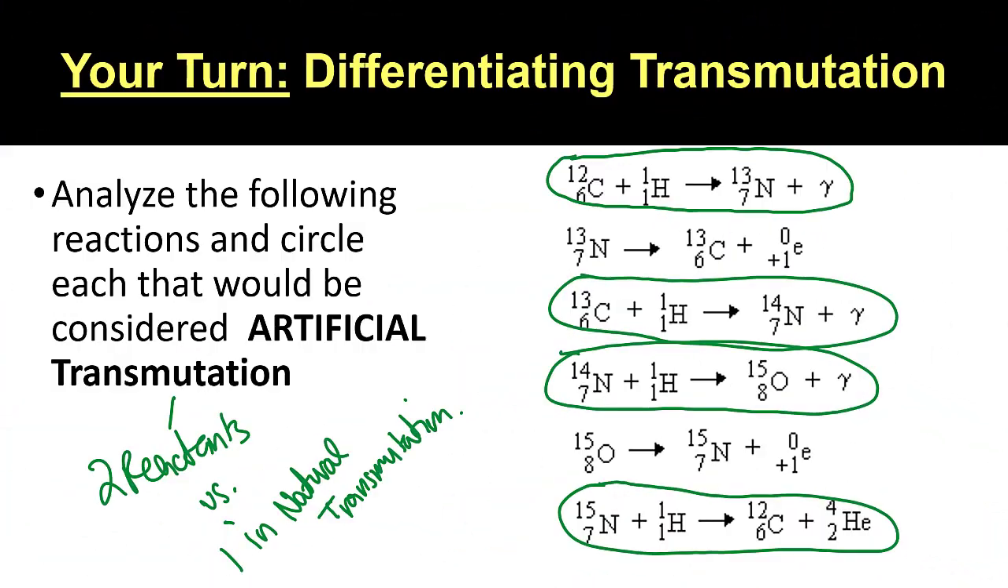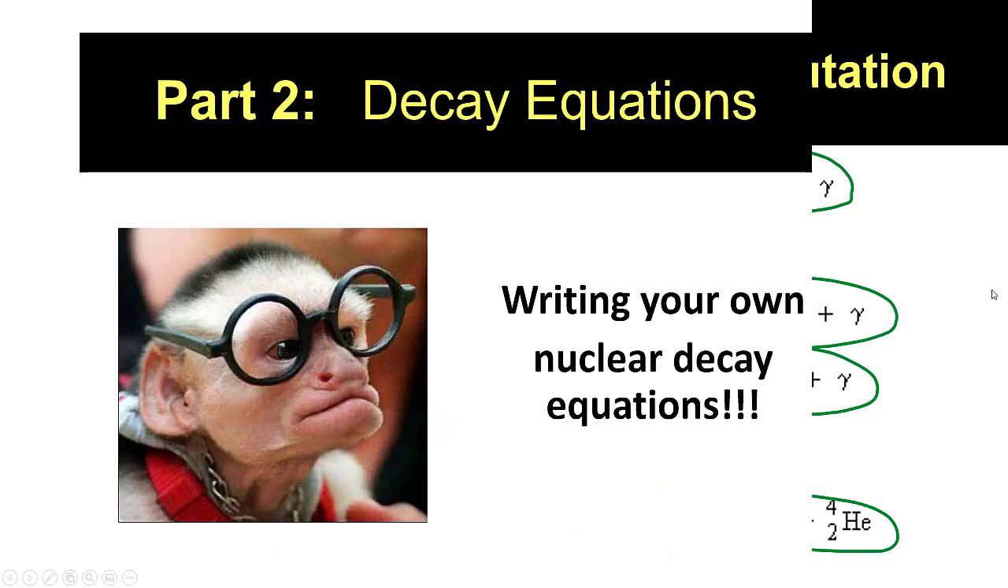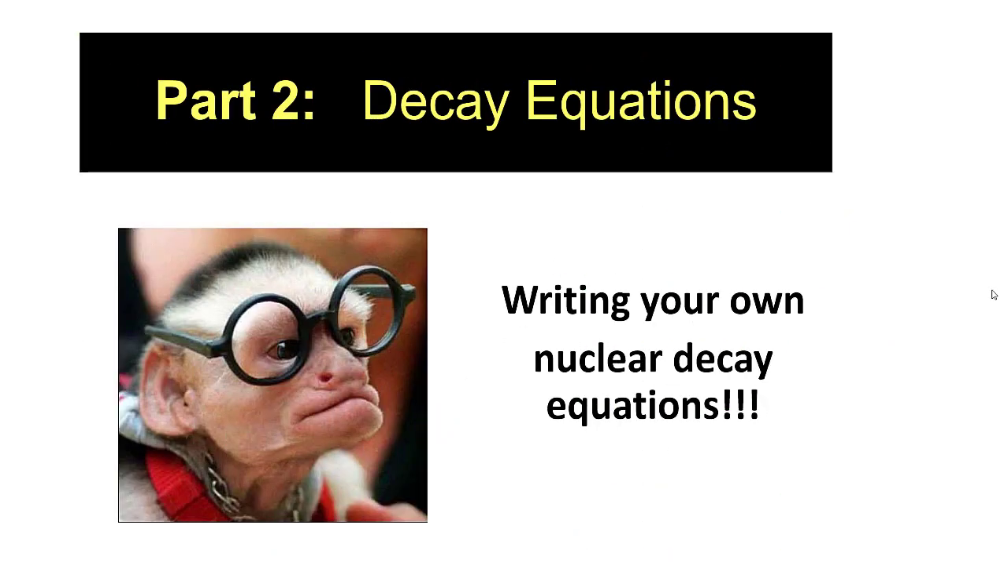All right, if you did it correctly, we should have had 4 of these reactions being considered artificial and 2 of them being natural transmutation. Remember, we are looking at the number of reactants that are here, with artificial having 2 and natural only having 1. Now we are ready for part 2 of this video, where you are going to learn how to write